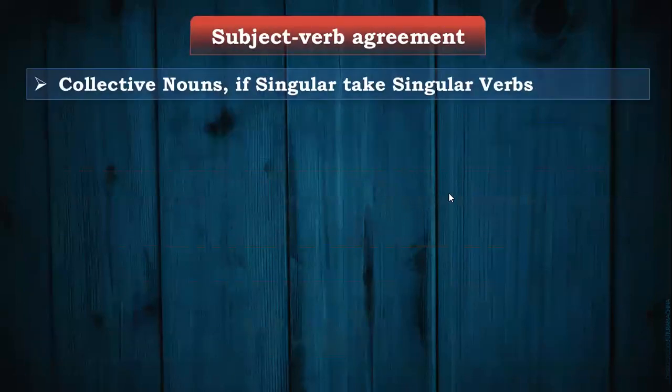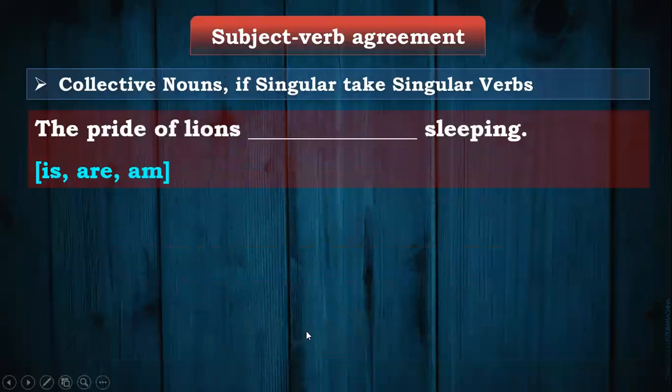Exactly. Okay, come on. So now we are moving on with another concept, that is, what if we have collective nouns? What do we do in such a case? Generally, a collective noun means a plural noun. That means there are many. But in this case, we consider them as a singular noun. If I say the group dash sleeping, in this case, what am I going to say? The group, can I say the group are sleeping? No, the group is sleeping.